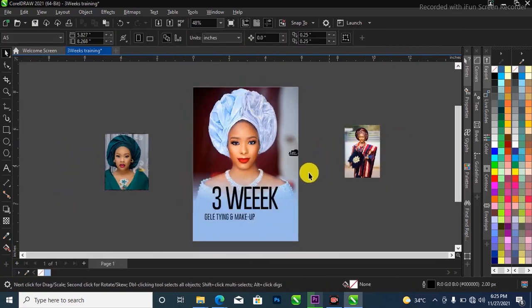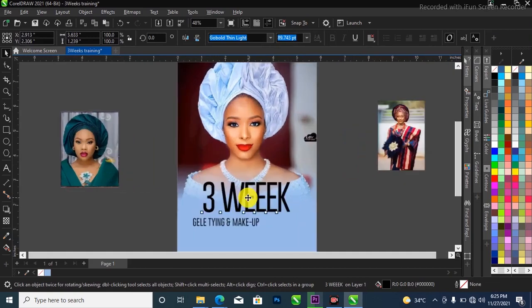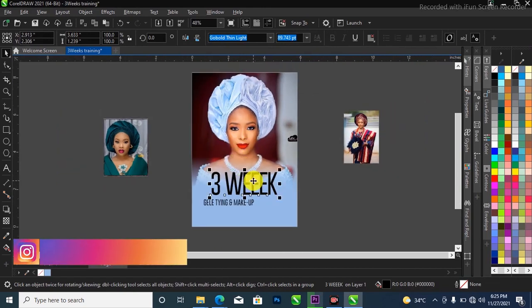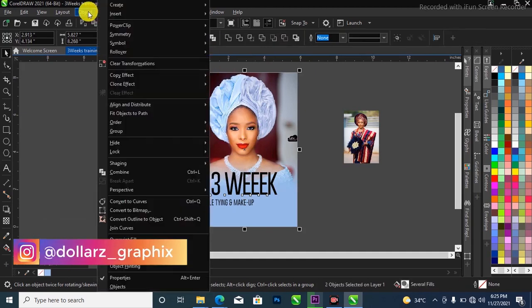Okay, it's okay like this. So to align our 3 weeks with our project, make sure it is in the center. Make sure the 3 weeks is selected, then hold down shift on your keyboard and select your project like that. So you come over to this place where it says object in your menu bar,